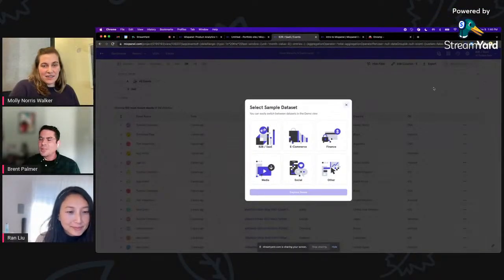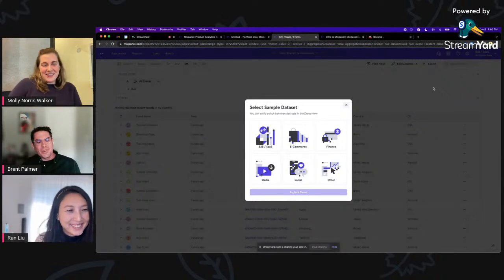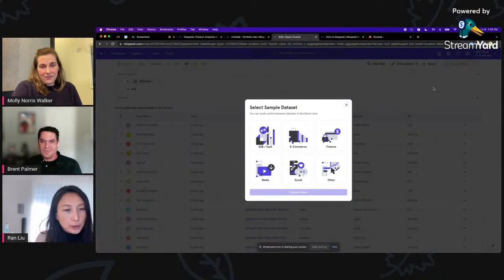To be completely transparent, there are 5 options here, but the majority of the content remains the same. We may have updated a metric or a chart or some text here and there, but we are pulling from the same well, so to speak. Do you let everyone choose a data set, or is there one that's the default?